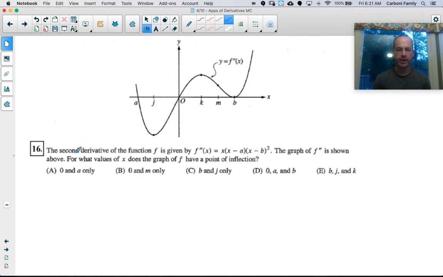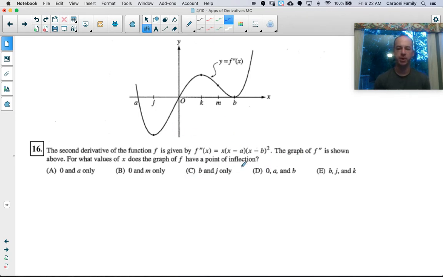So here we are looking at the second derivative. Now they gave you this weird representation of the second derivative in terms of a and b. However, the fact that the graph is given means we don't even need to worry about that equation. That's really more of a distractor to see if you can get sucked in to a more algebraic approach for